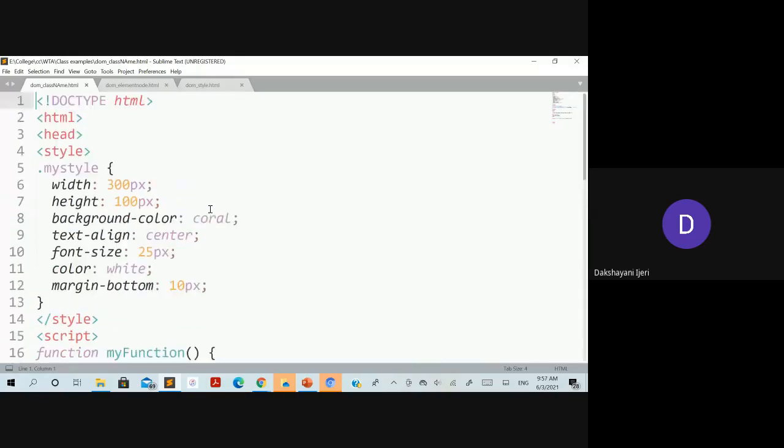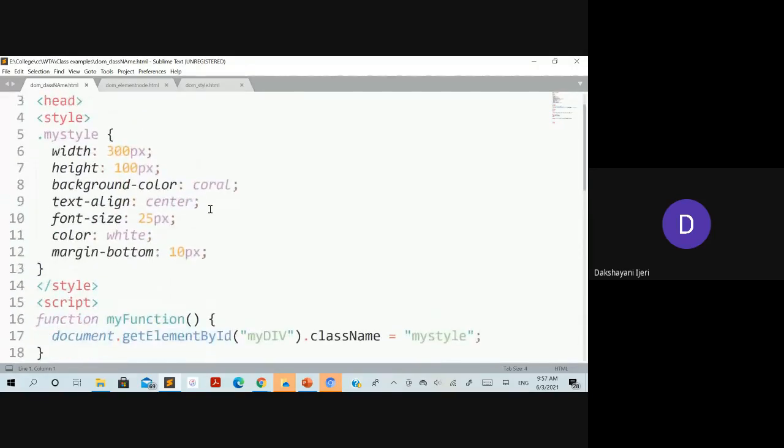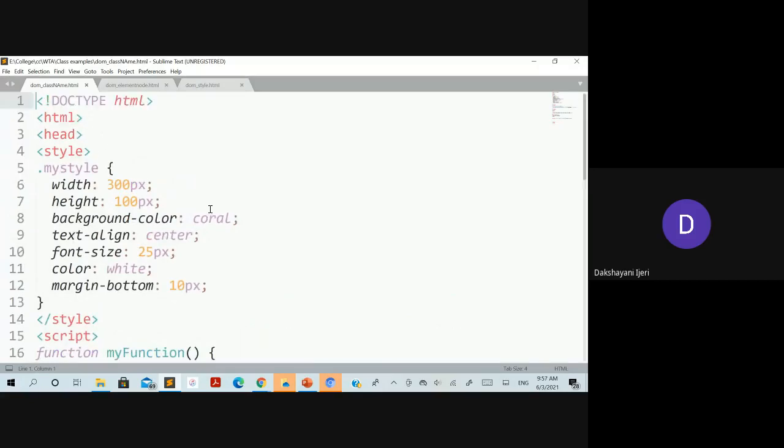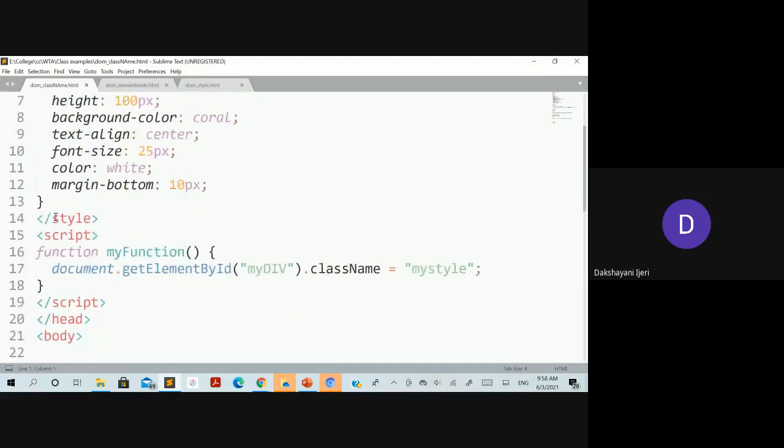With the help of the class name, we'll see the different ways you can access the values and the different properties here. Okay, so you can see within this doctype we have taken the style element, and as a class selector we have defined many styles to be applied here. I'm not going to discuss these styles. myStyle is one of the styles that we have defined to apply all these properties. Once we have closed the style, we have started with the scripting part here,